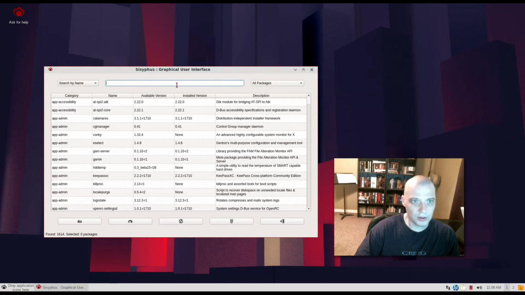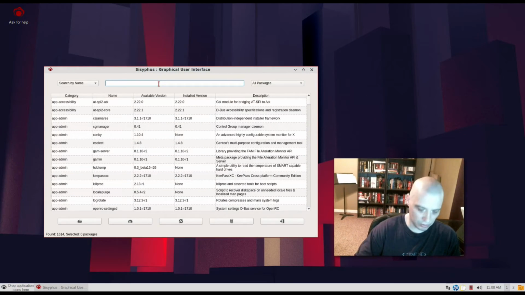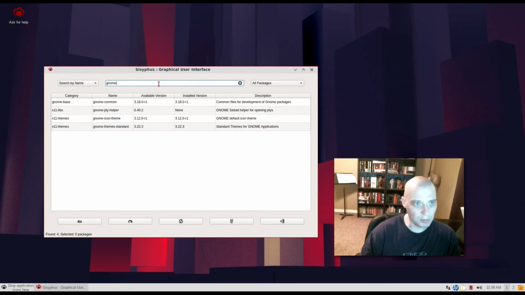Alright, so this looks like your standard package manager graphical interface. You know, basically listing all the programs that are, I guess, in the repos. You do have a search bar here, so we could search for something. Say I wanted to install the GNOME desktop environment. I could type GNOME in the search, and I do have some options. I have Gentoo-based. Okay, so